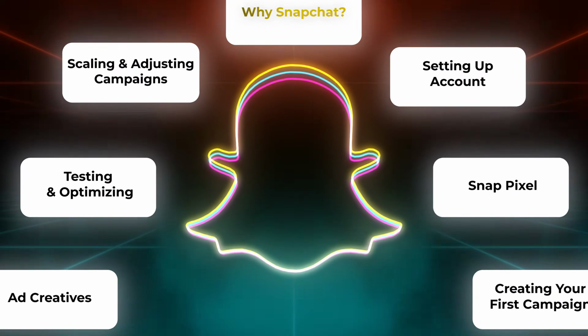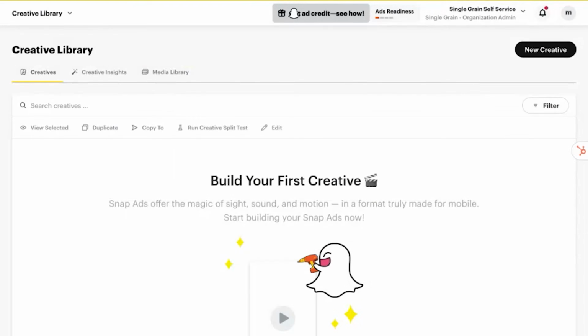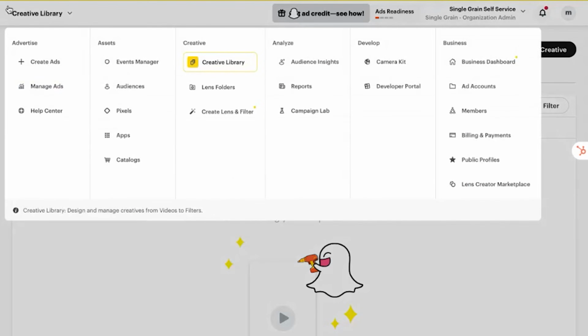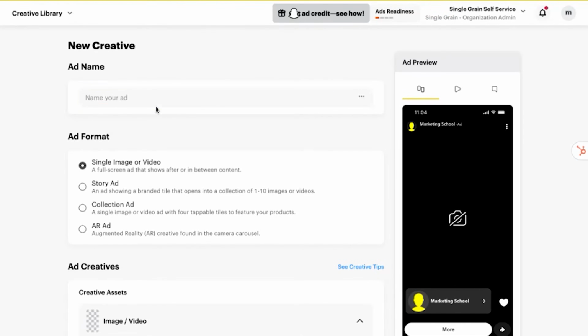So now let's talk about creating killer ad creatives. Snapchat users have short attention spans, so it's critical to grab their attention immediately. Okay, so now we're in their creative library section, and all you need to do is click on the top left side and then go to creative library. And then what you can do is you can just hit new creative. And then this is where you can name your ad, and then you can choose if you want to make